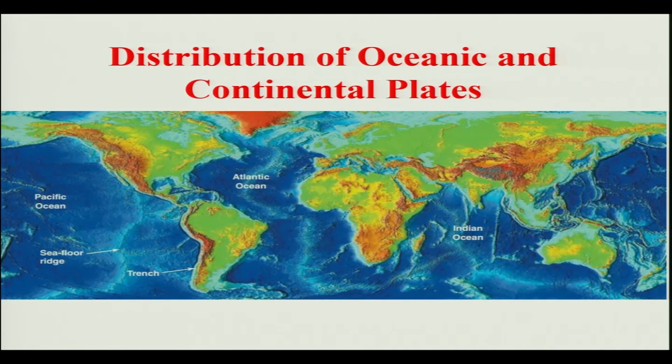For example, we have the Indian plate sitting here, a very small one as compared to the African plate and the South American plate, or the North American plate. We have a smaller one here, and then we have these orangish or dark colored features which are the